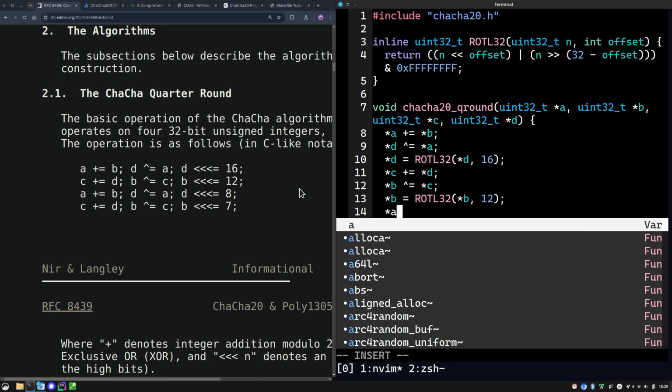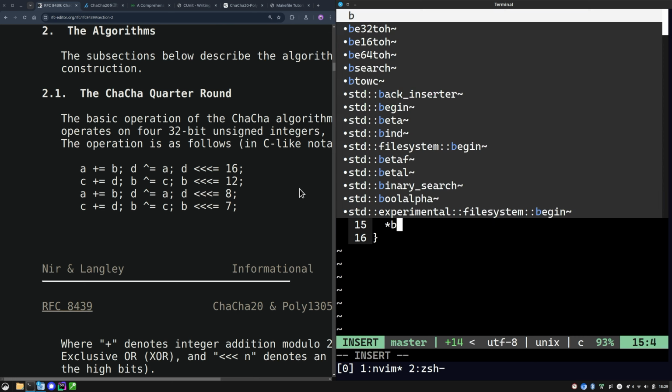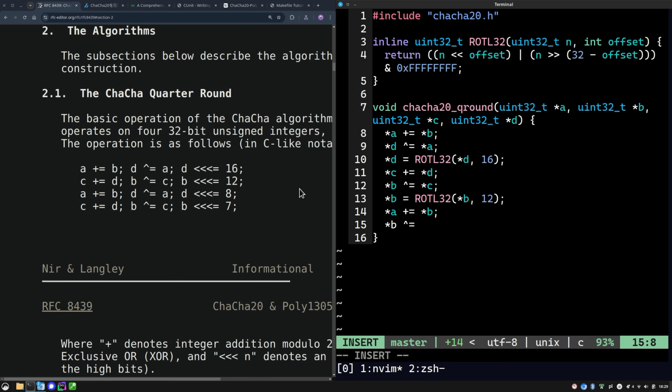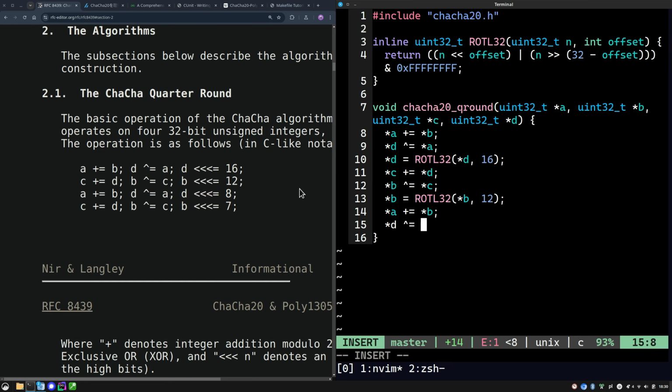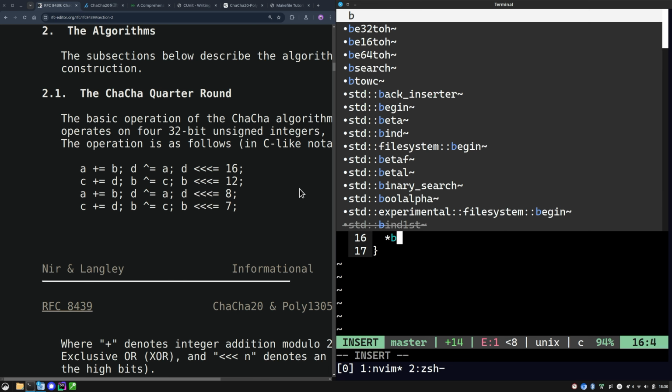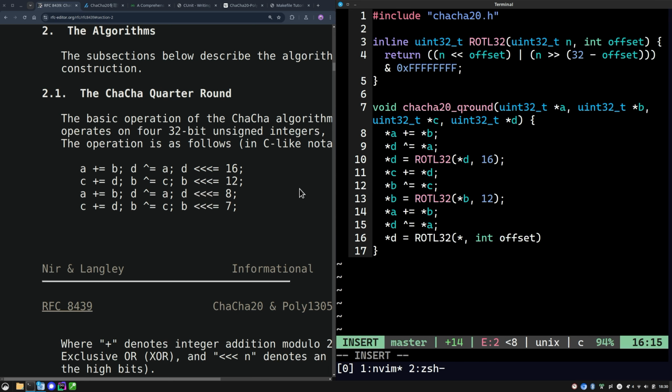Okay, a plus equals b, d XOR equals a, and then d equals rotate to the left d, and we move it 8 bits, and then